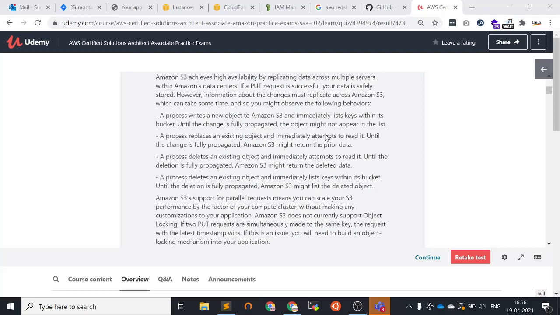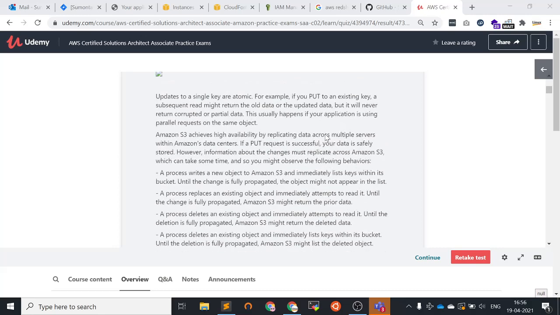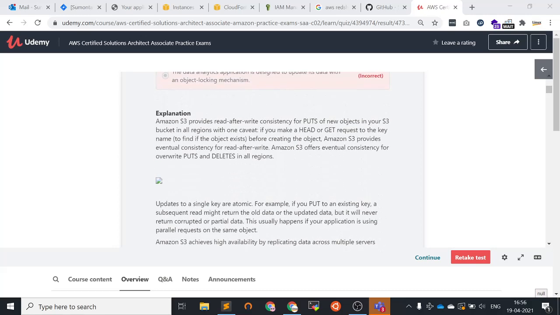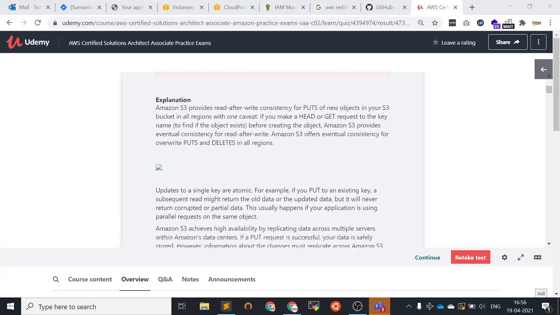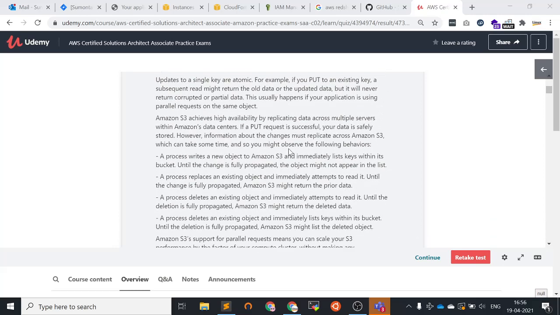A process writes a new object to Amazon S3 and immediately lists keys within its bucket. Until the change is fully propagated, the object might not appear in the list.